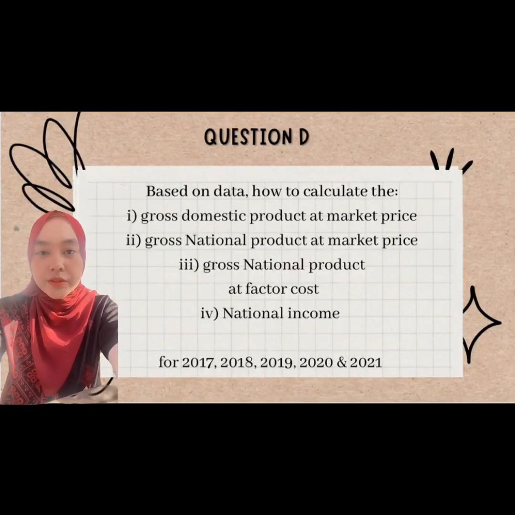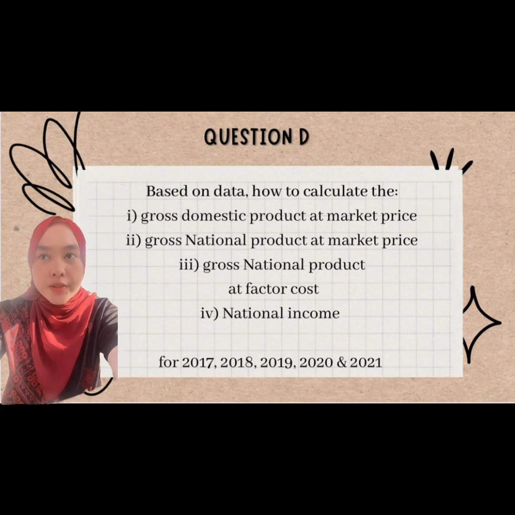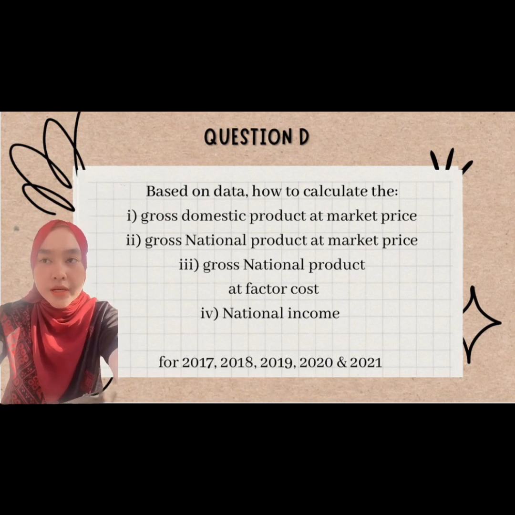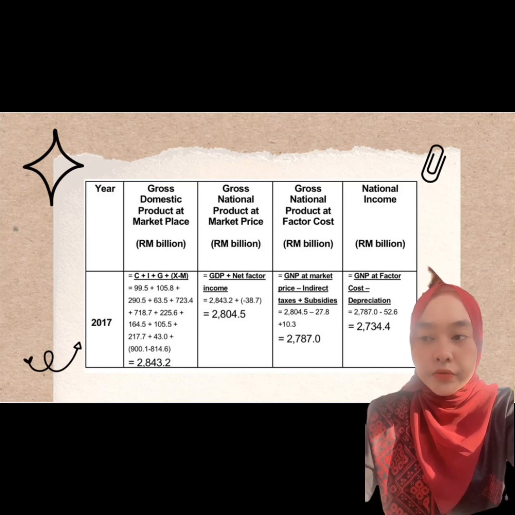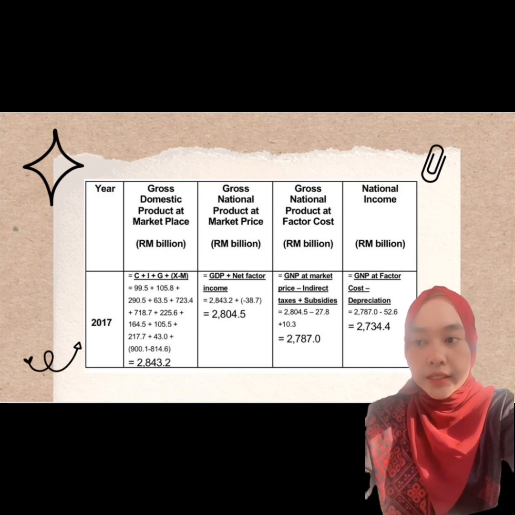Now I want to continue with question D, and I want to explain how to calculate the following values: gross domestic product at market price, gross national product at market price, gross national product at factor cost, and national income for 2017, 2018, 2019, 2020, and 2021. For 2017, the formula for gross domestic product at market price is C plus I plus G plus X minus M, and we get